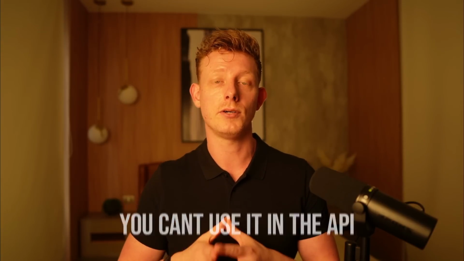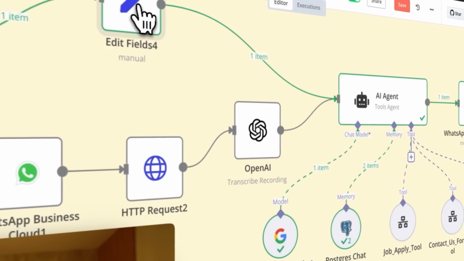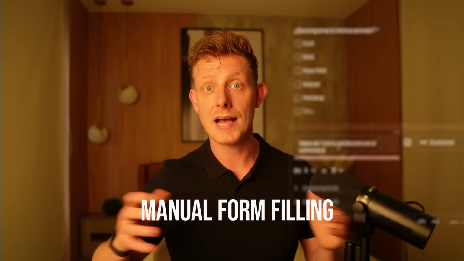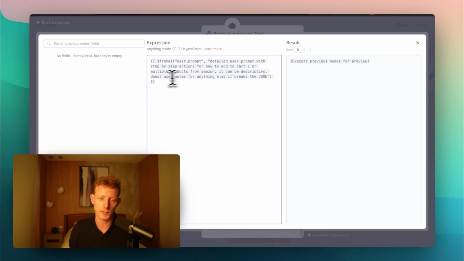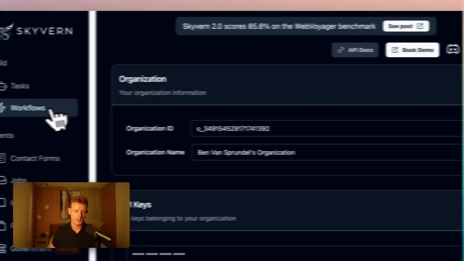Now, the system I'll show you today works completely autonomously and can be used to automate high volume tasks like lead generation through contact forms, manual form filling, mass job applying, and much more. I've built this system without code using N8N and Skyvern, which is the browsing agent. And in this video, I'll give you a demo and a full step-by-step breakdown, and the template will be available